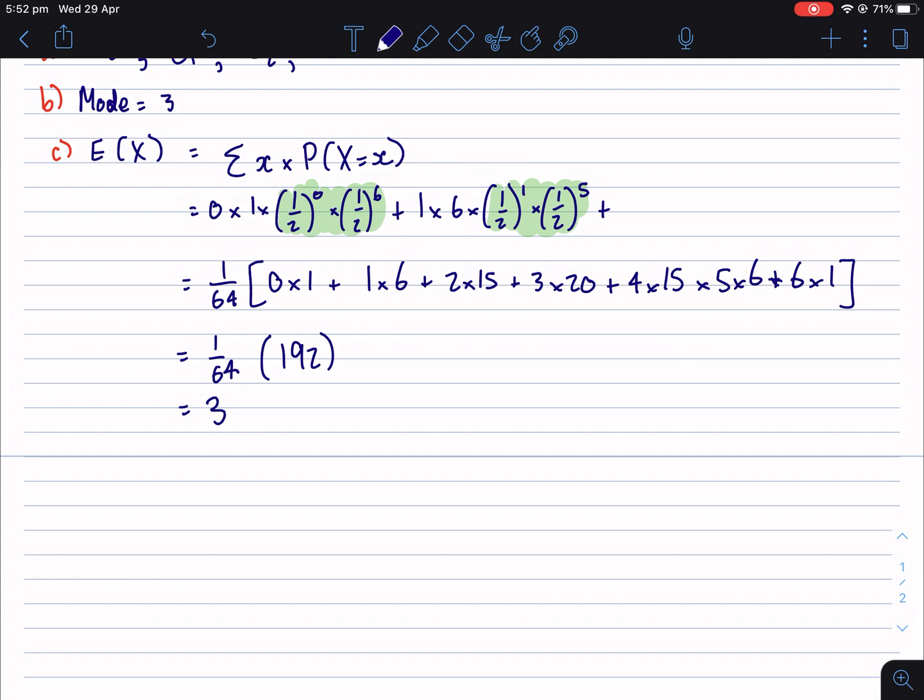Let me double check that. Yeah, okay. Now the variance is, what was the formula for the variance again? Let me check the textbook. The expected value of x squared minus the expected value of x, squared. So the expected value of x squared